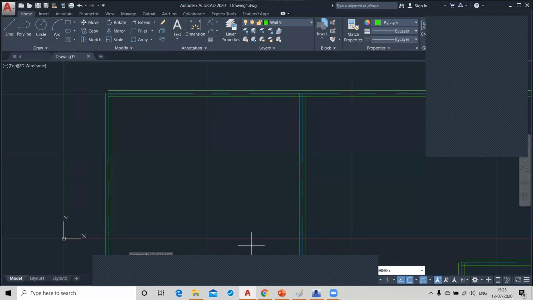Radius 0 and trim also, trim multiple option. You can join like this.